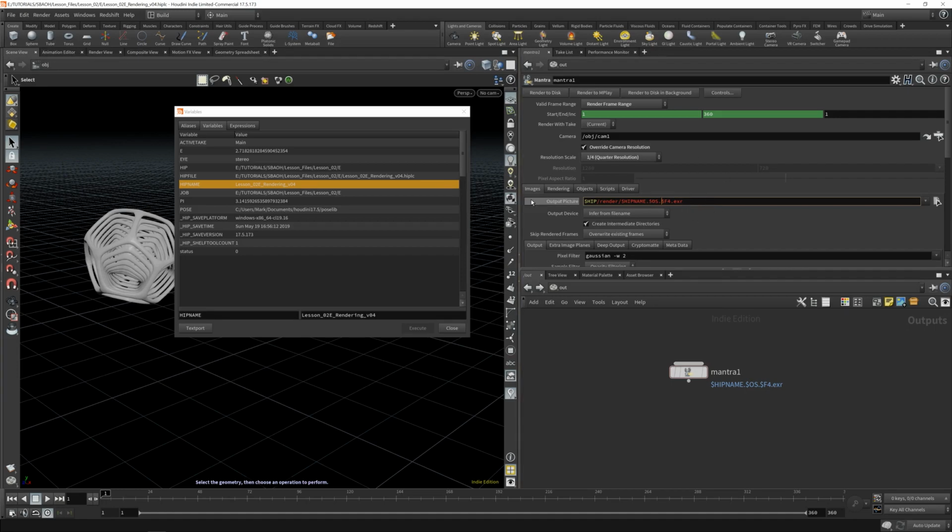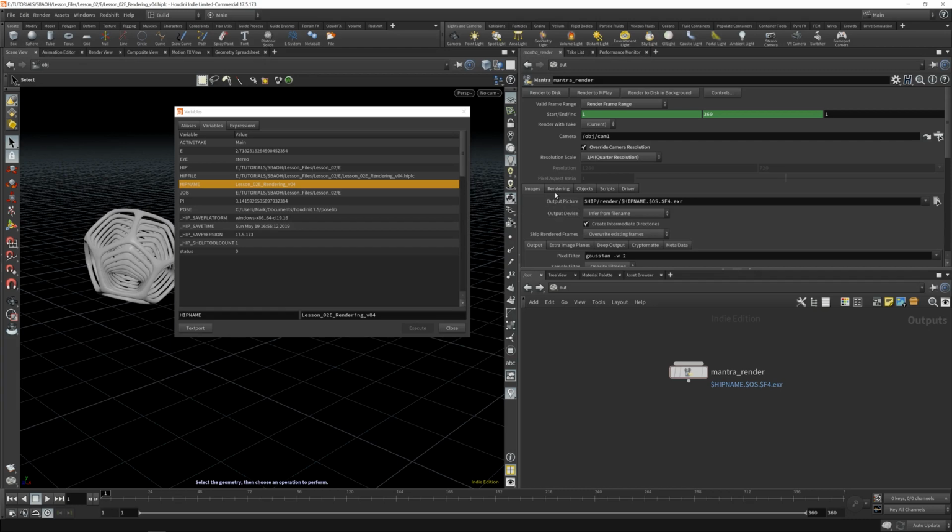So to see what this evaluates to, we can just middle mouse click on the output picture parameter over here. And you can see that it changes this string to give you a preview of what it is actually going to evaluate to. So you can see it goes all the way out to our directory that we have for HIP. Then it makes a render folder. Then it does our file, our project name, which is lesson 02E rendering version 4, .mantra1 as it's written down here, .0001.exr. So if I were to change this mantra1 to say mantra render and hit enter, you can see it changes this name up here. Cool. Just going to middle mouse click on this to put it back to just put it back to the